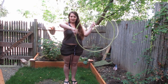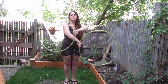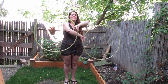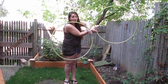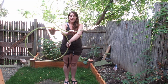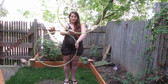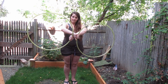Fold with your thumb down, fold with your thumb down. We're interlocked. We'll have our right hoop to begin on the bottom. It's going to have its wrist start by facing forward. We're going to fold, fold one more time. We're going to isolate to 6 o'clock. We're going to let go and reposition the hoop so the opposite hoop is stacked on top. And then we are going to go a little bit further so that we're basically